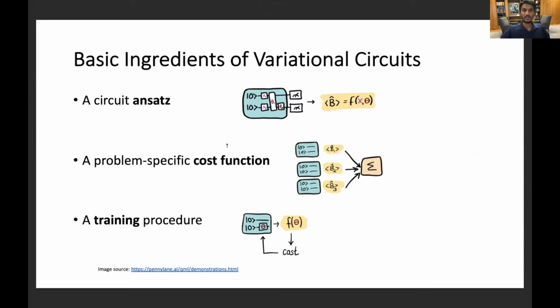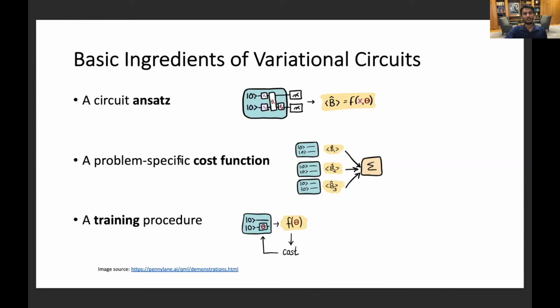This variational quantum circuit is called a circuit ansatz. Ansatz because we don't exactly know what we are trying to do. We're trying to find a quantum state that minimizes the cost function, but we don't know what that state is, and we don't know how that state is spread over the parameter space. So just like in a classical neural network, we come up with a guess of some layers, circuits with some parameters, and then we try to optimize over it. So that's what is being done.